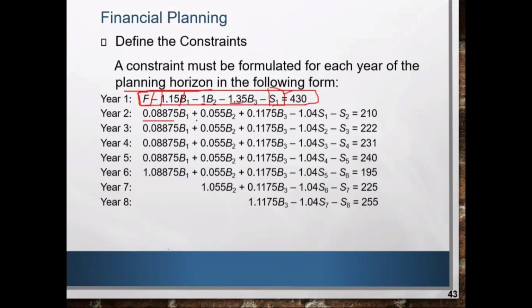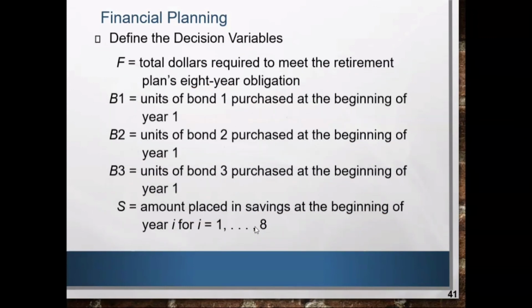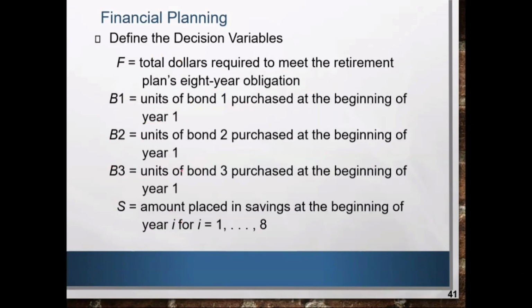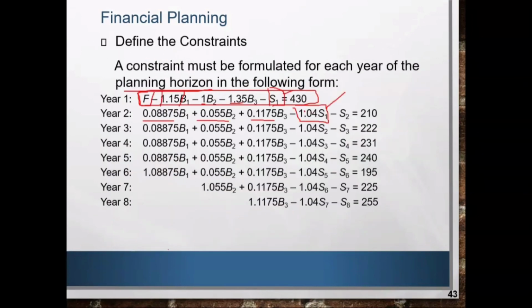So here, this is converted to a decimal, minus 1.04 on the savings. Why did it become 1.04, and why not 0.04? Because it is stated in the problem that the savings has an annual rate of 4%. But why is it 1? Because this is 100% plus 4%, which equals 104%. When we convert it to a decimal, it is 1.04, and we multiply it by the savings because it increases.